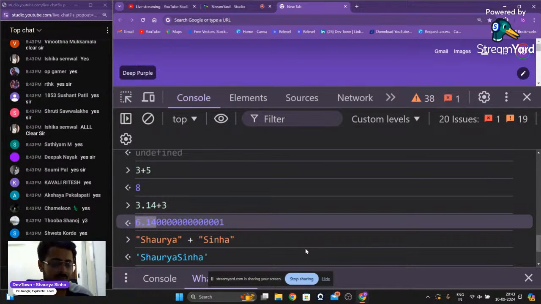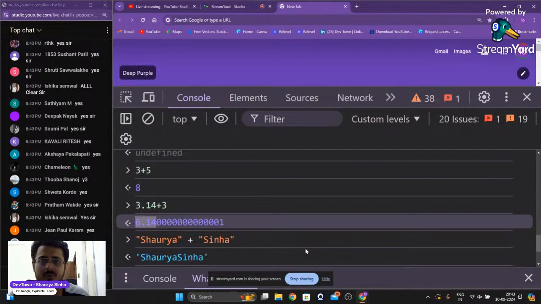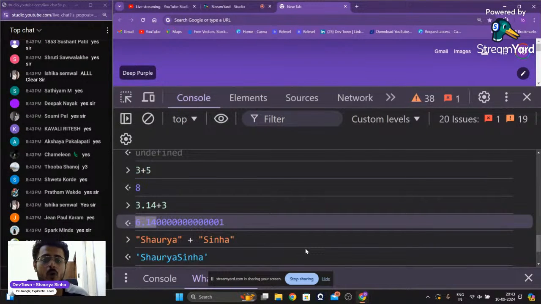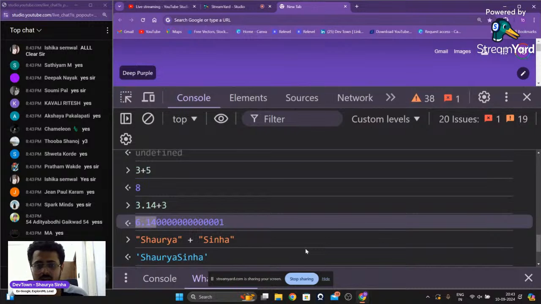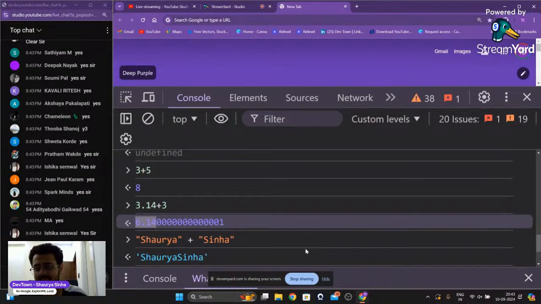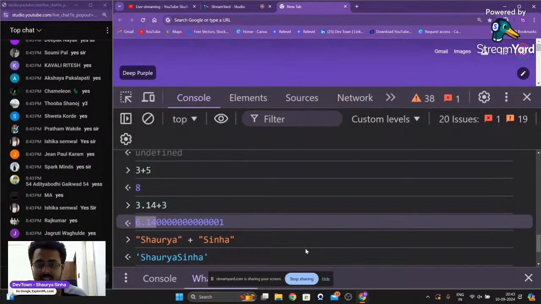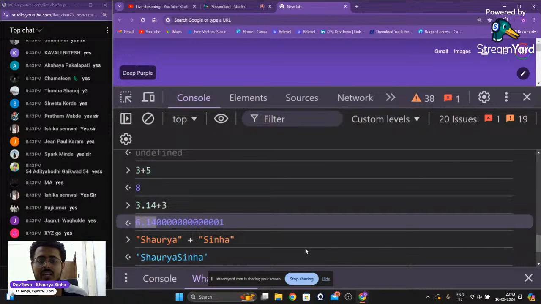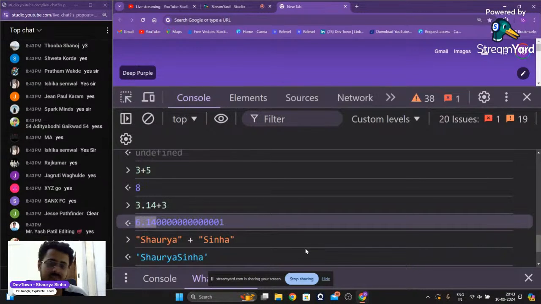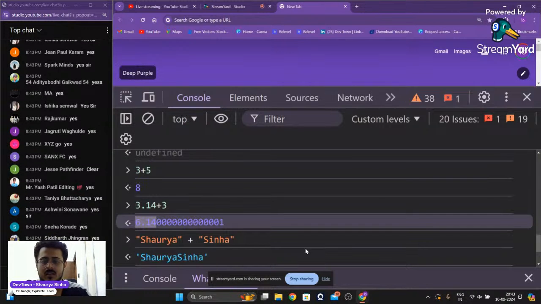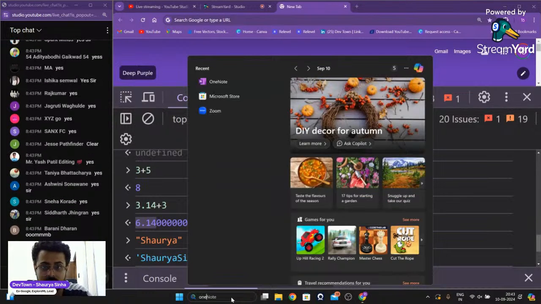Now, why is this happening? The reason for that is approximation to the number they represent. The decimal numbers in JavaScript, to make sure that you are able to get a precise answer, are stored a little bit greater than the number they actually represent. Let me share my screen with you guys.